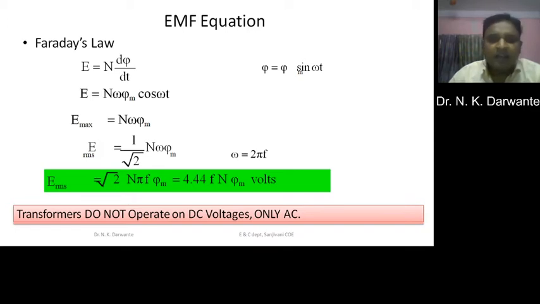Okay, and n is the number of turns, phi m is the maximum flux circulating through the core of a transformer. Here the n value depends upon whether we want to find the ERMS value of the primary. If it is of the primary, then n will be n1, that is the windings of the primary. And if we have to find the RMS value of the secondary, then n will be equal to n2. And as the statement given here says, transformers work only on AC, not on DC, because if DC is there, there will be no varying magnetic field, and no EMF generated at the secondary.